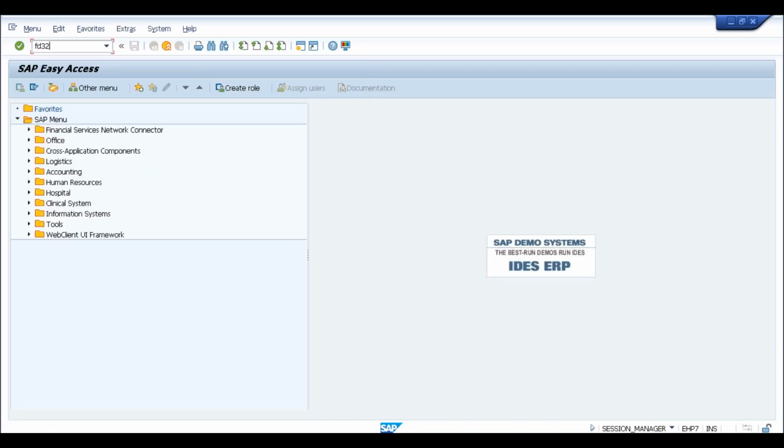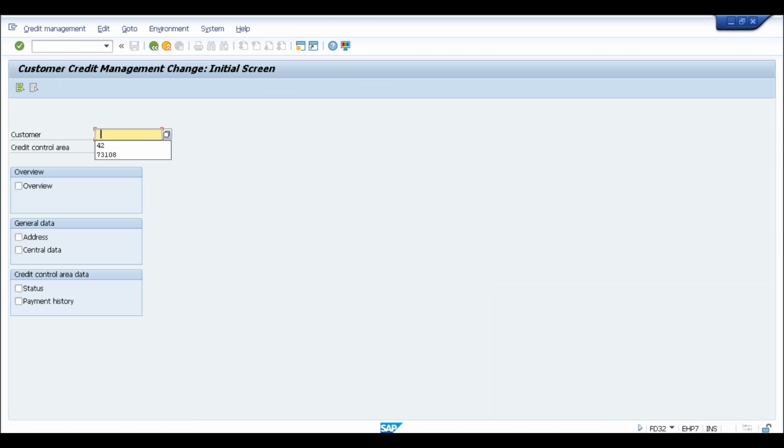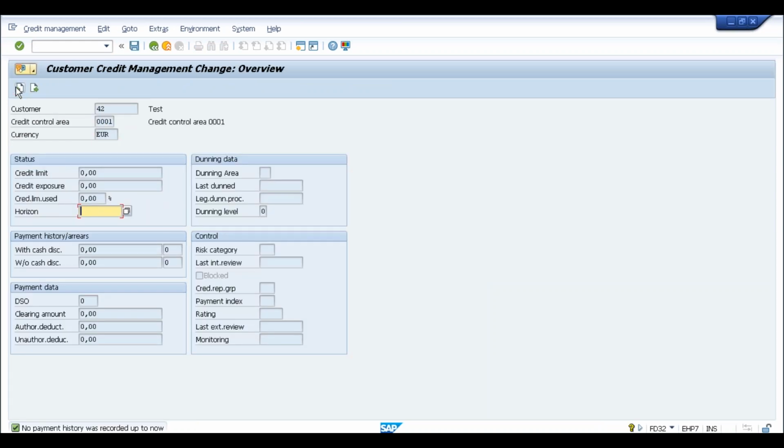Okay, so earlier we were using FD32. Now let me take this customer and this company code. Let's select all the views. See now, starting from the overview, what you are getting the information here is the customer within which credit